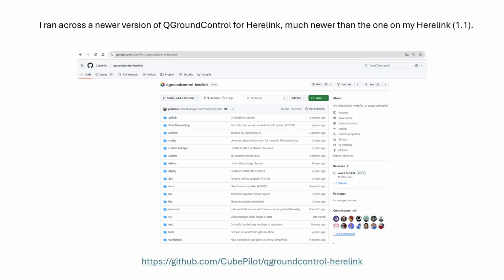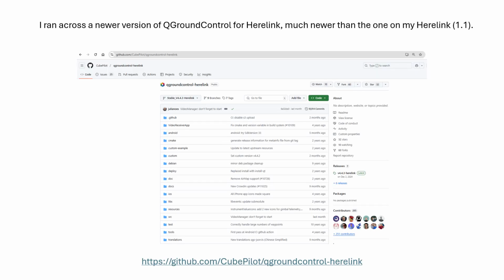A lot of this led me to, for instance, another requirement for standard remote ID: you have to be able to declare an emergency. There's supposed to be a button you can press, and on the HereLink there is a button you can press. It doesn't work, so that's good in the sense that I don't actually want to declare an emergency. It seems to always be stuck on. But in QGC, which the new builds supposedly have this, the version of QGroundControl that I have is like ancient, and so